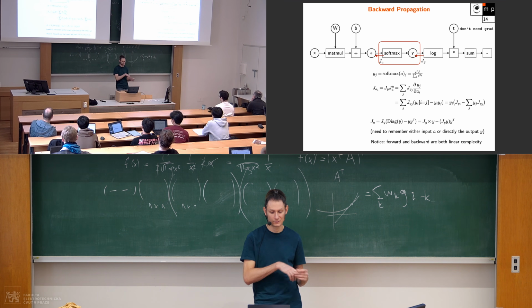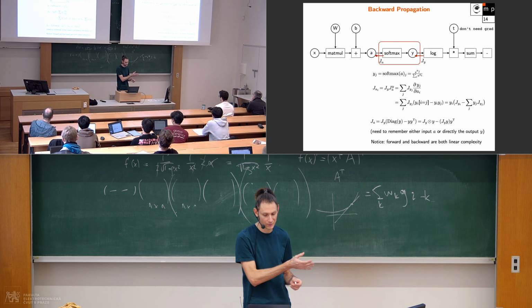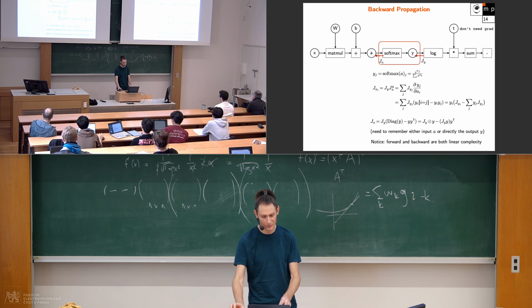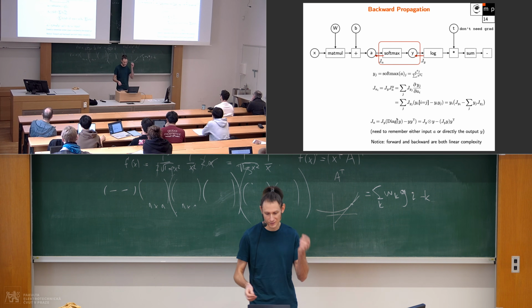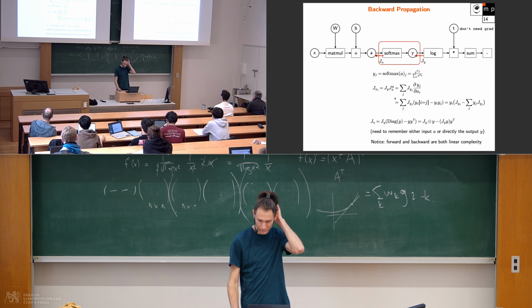So we have to remember the point at which we are differentiating this softmax. When we were computing forward, we have to save the vector of probabilities. We could have saved also the vector of the input logits, but then we would need to recompute these probabilities. That would be redundant, so it's better to save the vector of output probabilities